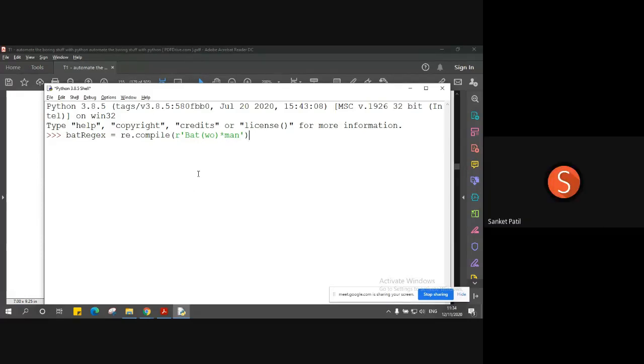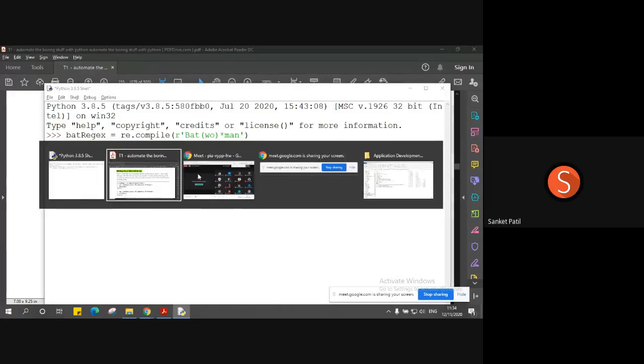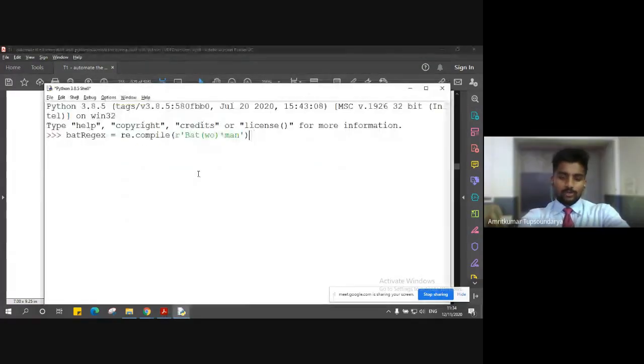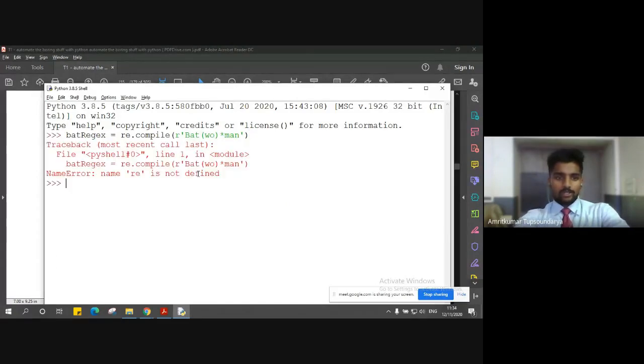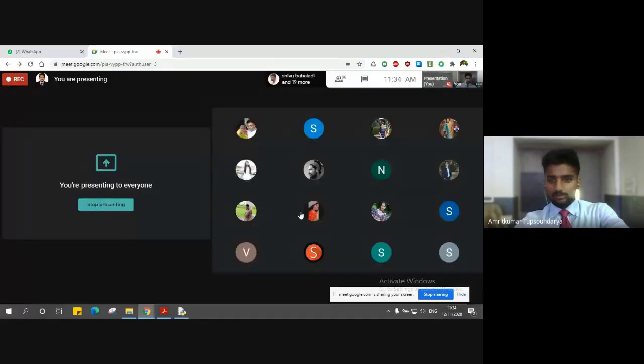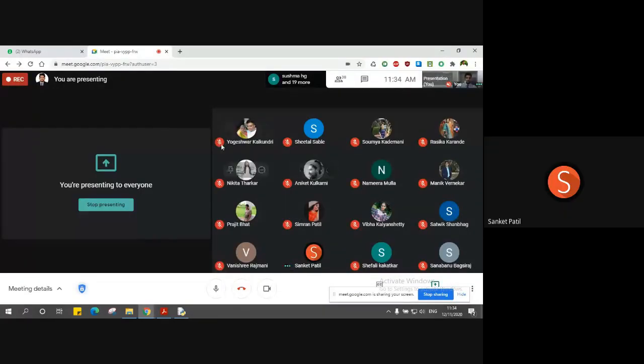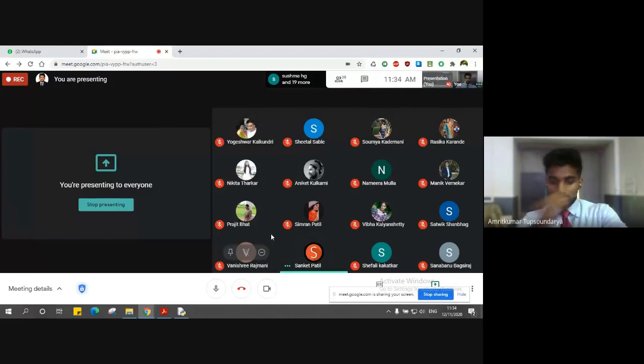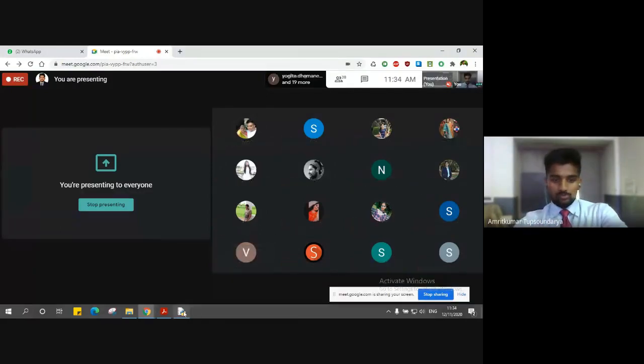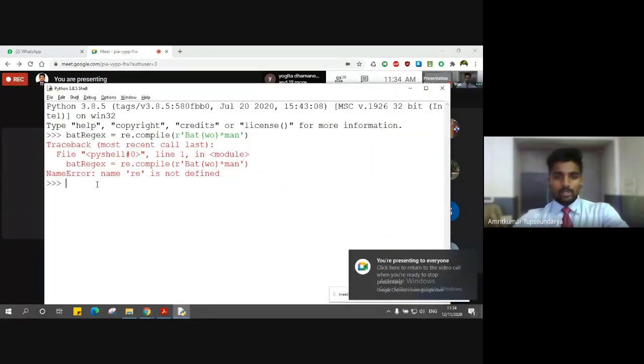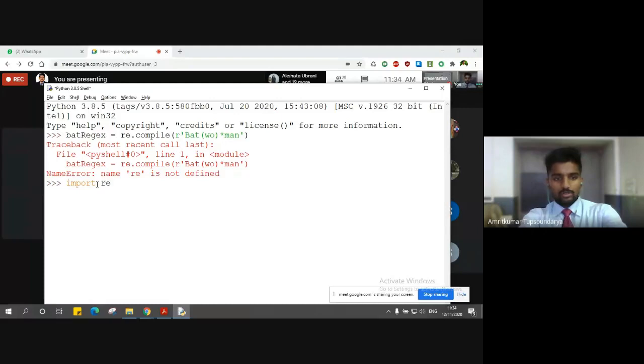Yes, we have to import the re module. Exactly. When you try to execute this statement, you will get an error that re is not defined. Very good, Sanket. Whenever you open your interactive shell, every time you have to freshly import the module that you want to use.